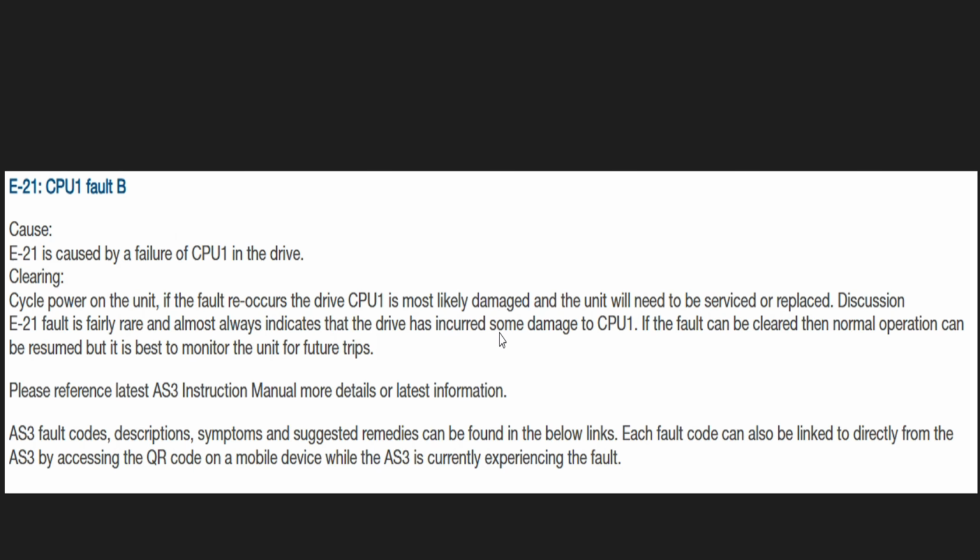If after doing this the issue is still not resolved, there are more chances that you need to repair or replace your VFD. For this, you can contact the supplier from whom you purchased it, and he will help you by repairing or replacing it. Only this could solve your issue.